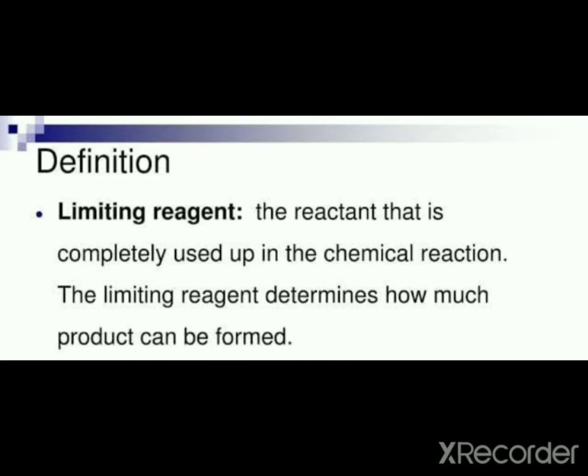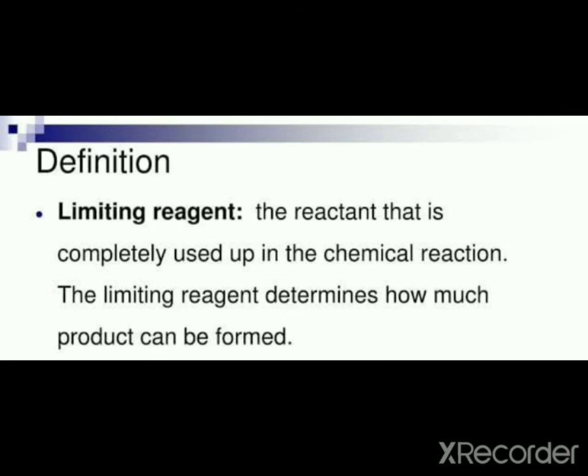What is meant by a limiting reagent? Sometimes reactions are carried out with amounts of reactants that are different than the amounts required by a balanced chemical reaction. So in such situations, one reactant will be in more amount than the amount required by the balanced chemical reaction. Now the reactant which is present in the least amount gets consumed after some time, and after that